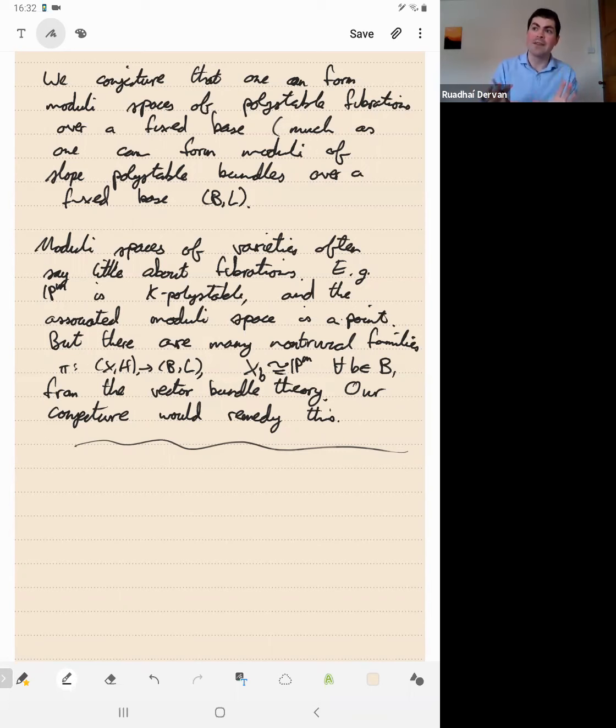So, in terms of difficulty of the theory, it seems to me that this interpolates between the difficulty of the two problems. It's definitely harder than the vector bundle theory, but definitely easier than the K-stability of varieties theory, which means I think there should be lots of problems that are somewhat accessible in this theory. But before getting into what those problems are, I'll define the notion of stability for fibrations that we're using.